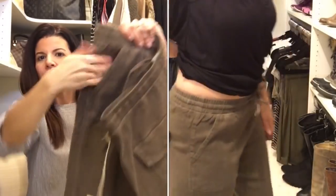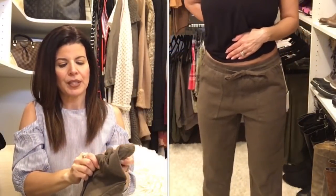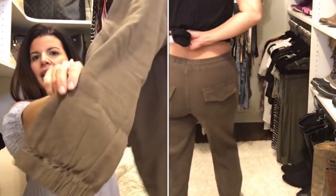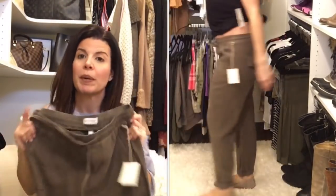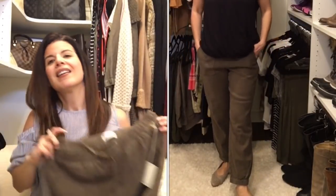And they've got nice big pockets right here. They've got cute pockets in the back with a little snap on them. And of course, they're a jogger, which means they are cinched at the bottom. These are so cute, but I'll tell you my biggest problem with them and their biggest flaw is that they